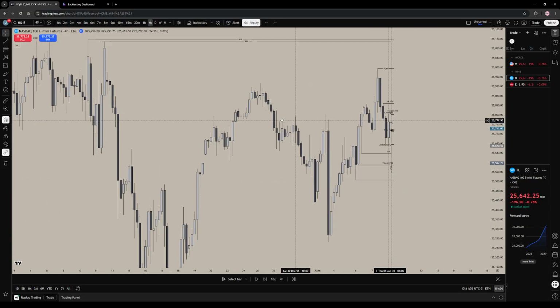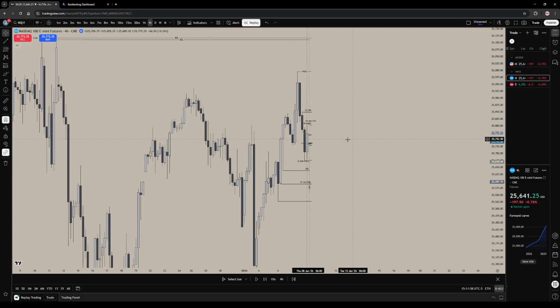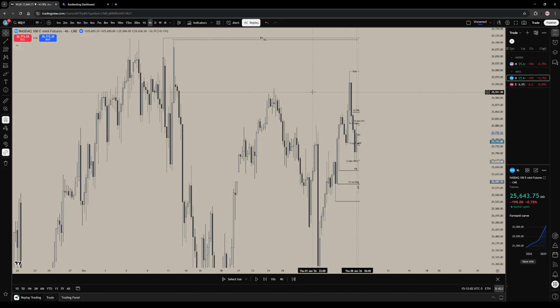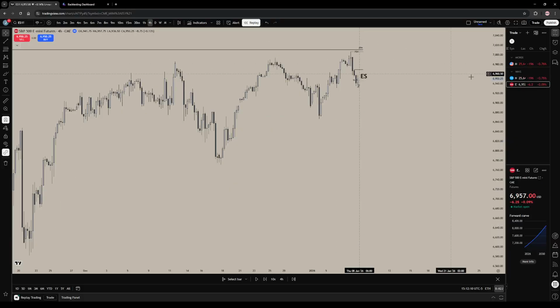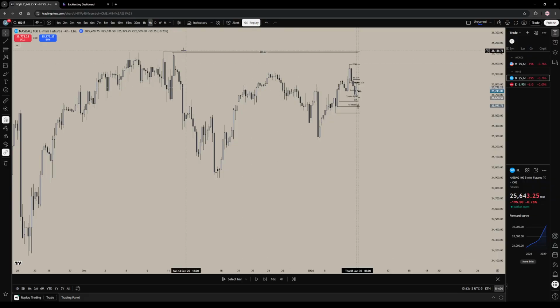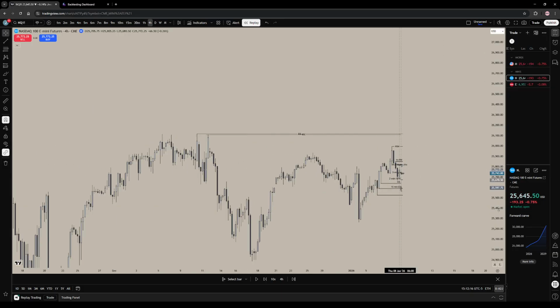to market open. So originally my bias was I was looking for shorts. Like I say, we swept this previous, I think a weekly high with an SMT on ES. ES is printing higher in the all-time highs. NQ is below this high right here. All-time highs is all the way up here. Therefore, we were in high time